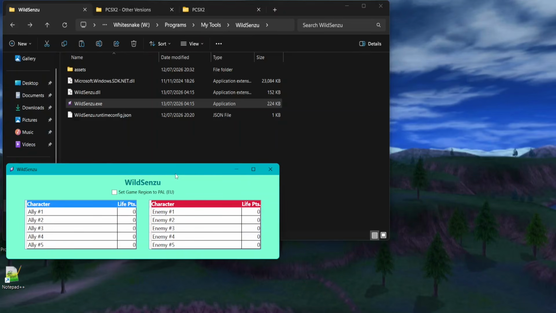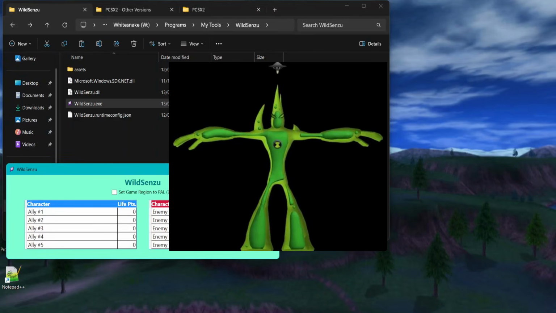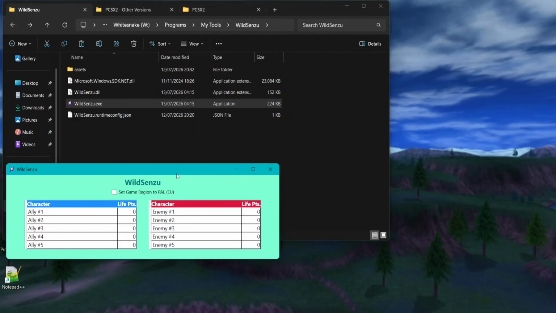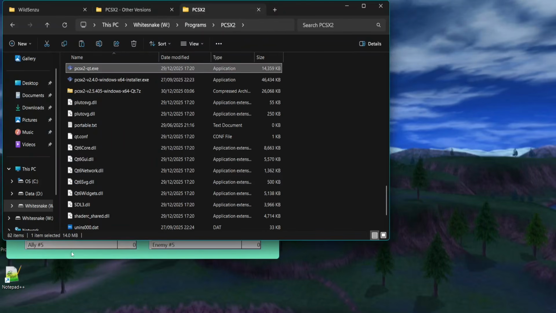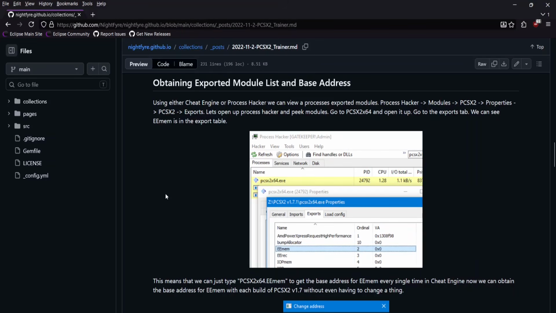So I'm going to show the GUI or UI version first, then the command line version, because I did make the program support both. It's a convention I try to follow. To show the effectiveness of this program, I've downloaded other versions of the emulator, but I will try out the latest one first. But before that, I want to give a huge shout out to Nightfire over here,